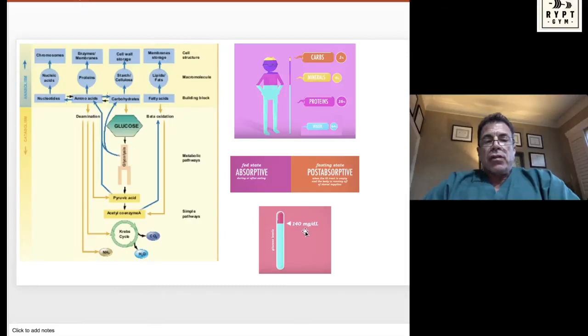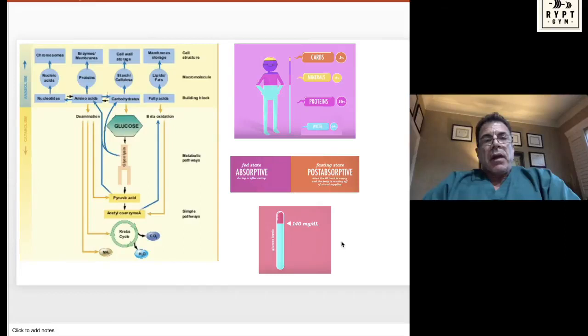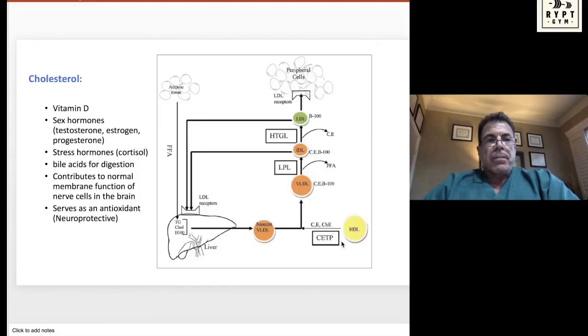Sugar levels around 140 milligrams per deciliter are bad. This produces disease state, and as we know with diabetes, it damages the blood vessels. It can damage the blood vessels in our eyes, our kidneys, and our vasculature in our heart. And that's what we're going to focus a little bit on today, cardiovascular disease.